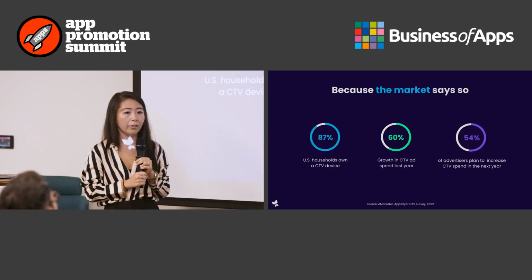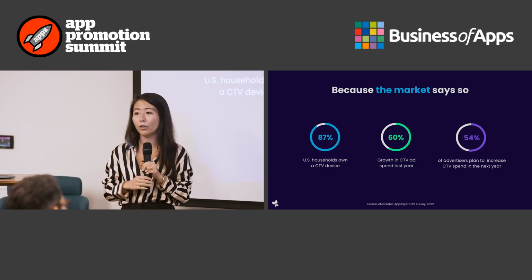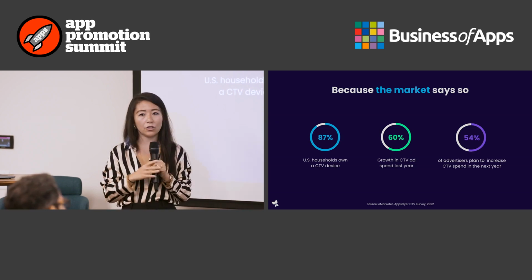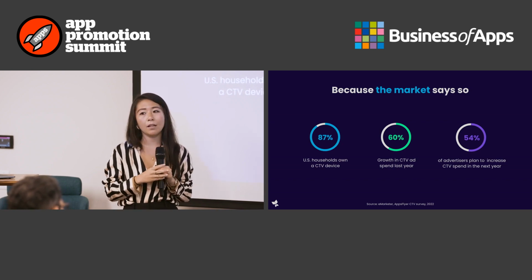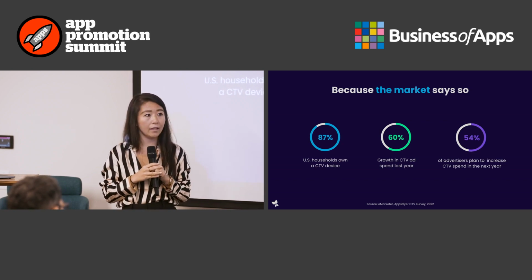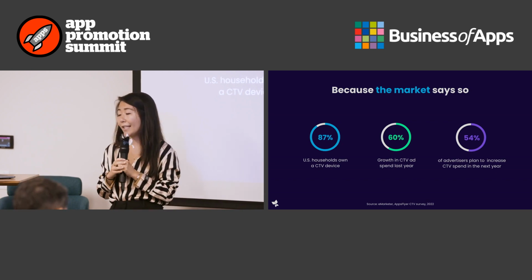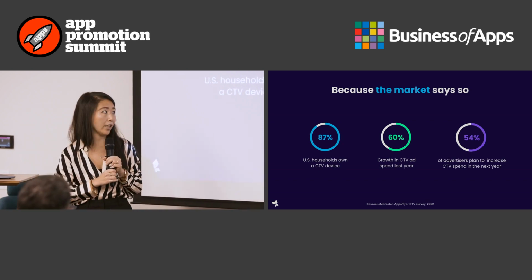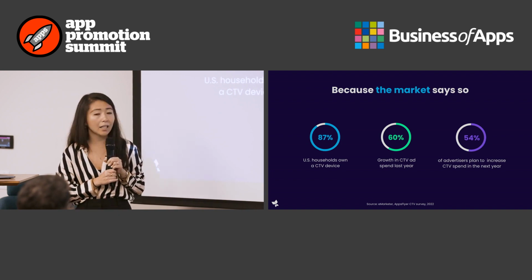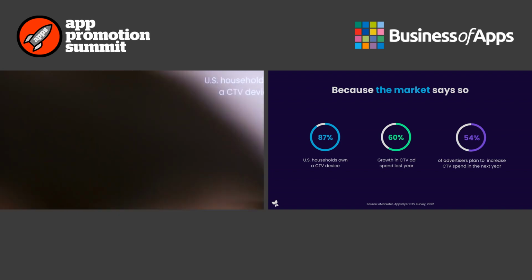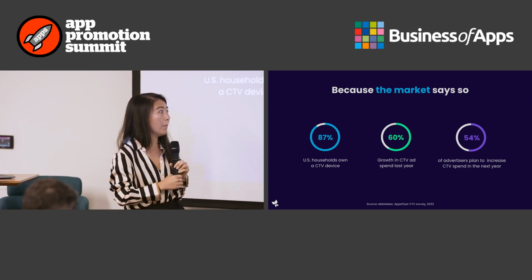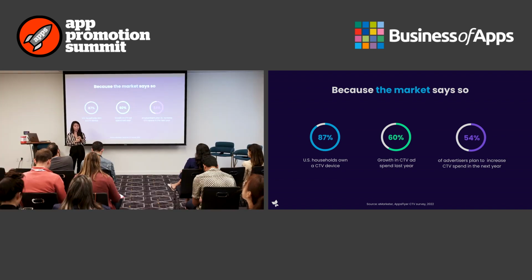In the last couple years, the accessibility of internet and the reduced cost of internet has changed user behaviors to increase their usage across apps, devices, and services. And due to this shift, CTV has also increased over the years. And so here you can see 9 out of 10 US households have CTV devices. And due to this, in the last year, we've seen a growth in ad spend around 60%, and that's only going to continue in the coming years.